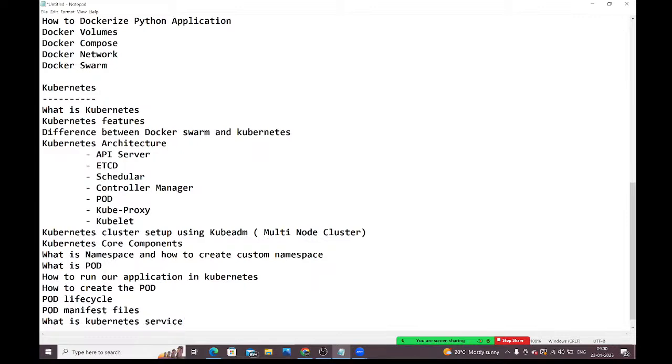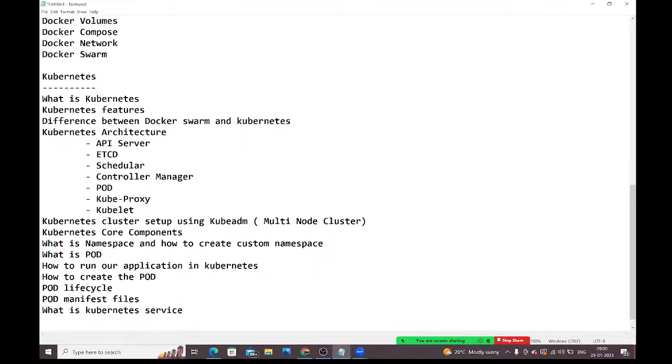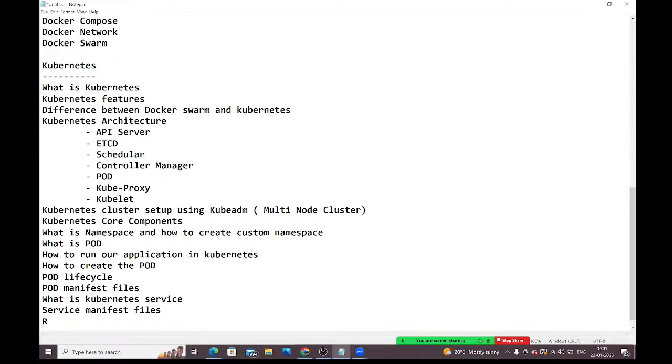Next, guys, after this Kubernetes service, we are going to discuss how to write the service related manifest files. For creating the services also, we need to write YAML files only. That's why we will learn how to write the service manifest files. Next, I told you, Kubernetes components: replication controller,